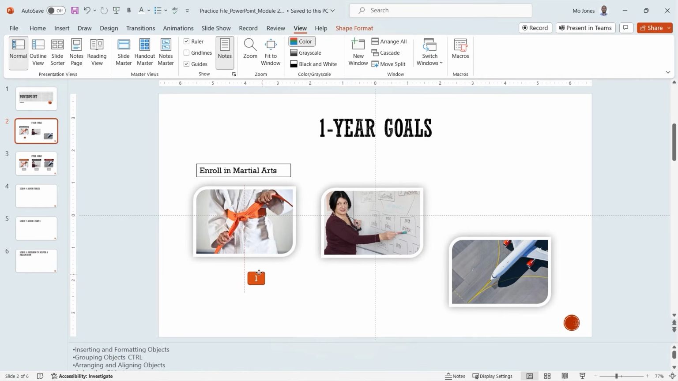And now I want to make sure that my little shape here with the number 1 is center aligned on my picture and my text box. So there we go. The first 3 objects are aligned. And now I want to go ahead and add another text box, 2 more text boxes, and align these pictures